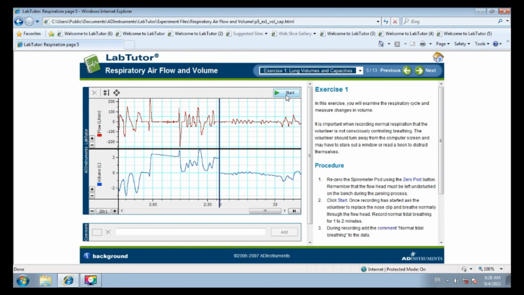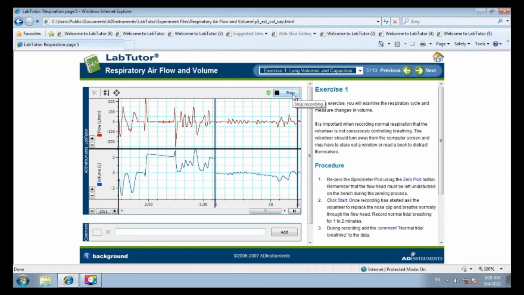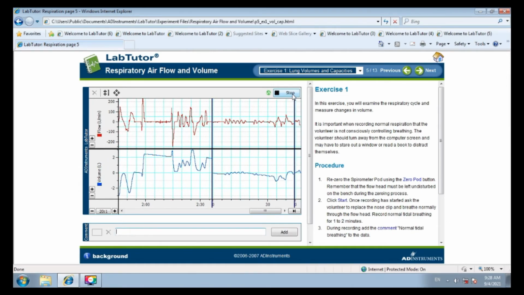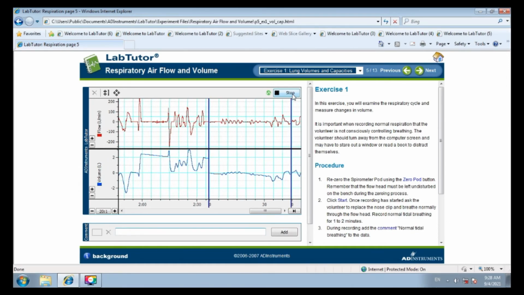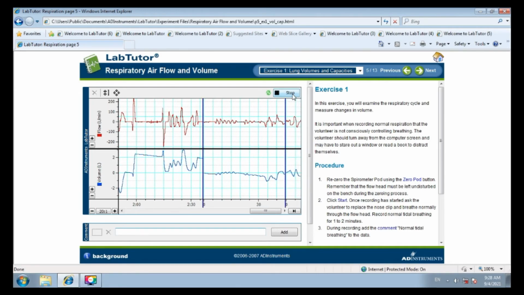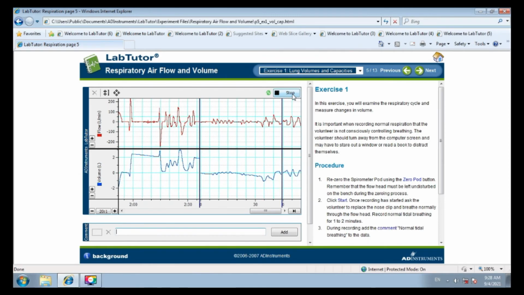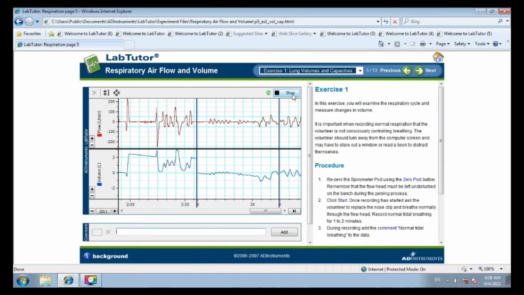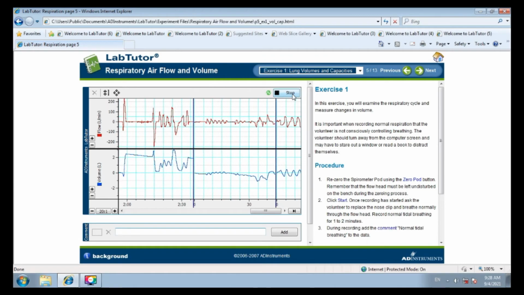Here I want to mention that the values will be slightly higher than the normal values, because we are going to perform this practical voluntarily, and consciously we are inspiring and expiring. So the values will be slightly higher than the normal values. That is, the normal tidal volume, which is 500 ml, will be more, maybe 600 or 650, because we are consciously breathing. So first of all we will record the normal breathing for 1 minute